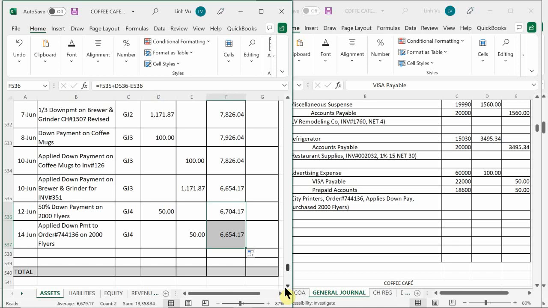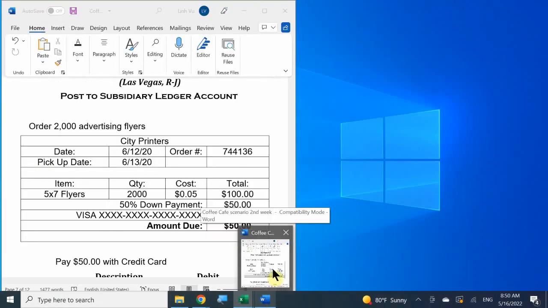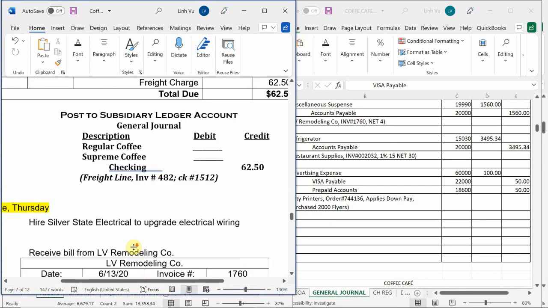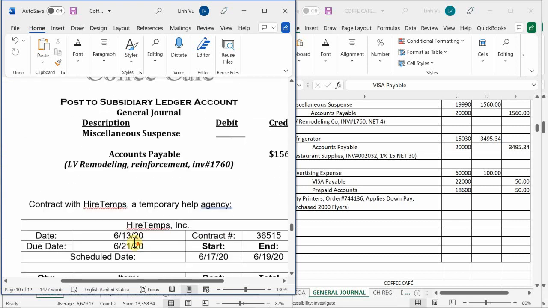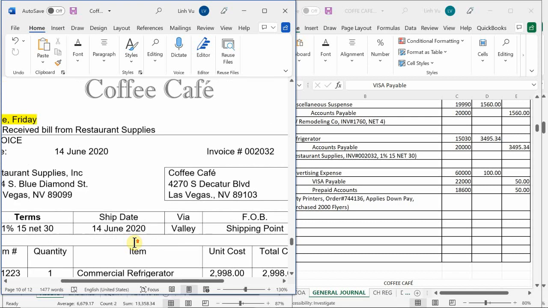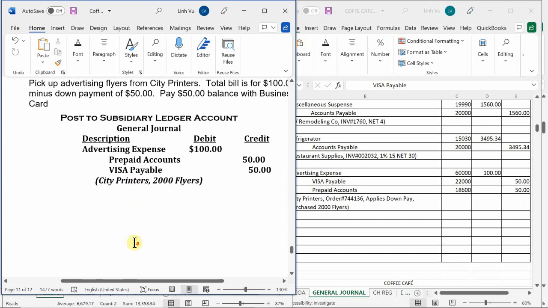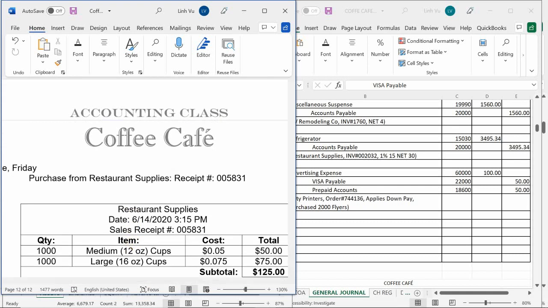And I already did the subsidiary ledger. So that was that transaction right here. Right? So then,